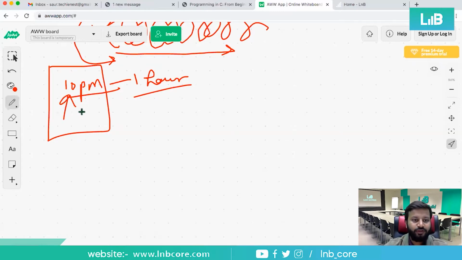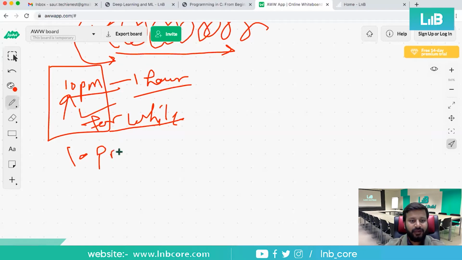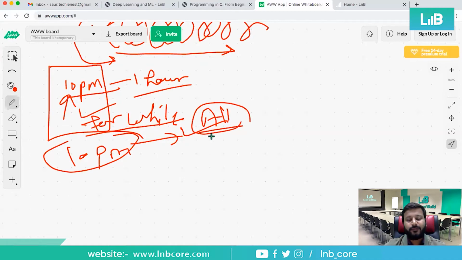So what happens in your mobile phone is that the programmer who developed this alarm application has written a code where a for loop or while loop is actually placed at the backside, right? You have set it for 10 p.m. There is an alarm, and you have also enabled a switch for all days. So it will happen for all the days of every week. Every day you will get an alarm at 10 p.m., right? This is how it happens.